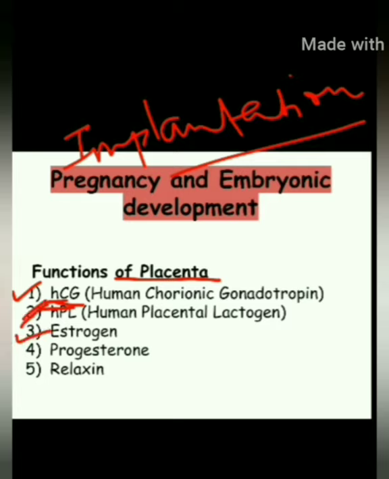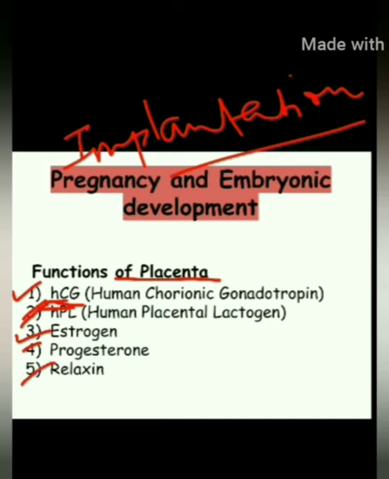The third one is estrogen. The estrogen is responsible for enlargement of the pregnant uterus. When pregnancy occurs, it causes the enlargement of the uterus, ductal growth in the breast, and also growth of the mother's external genitalia. These are all the functions played by estrogen. Now the next is progesterone. Progesterone is actually called the pregnancy hormone. It is responsible for maintaining the pregnancy. How? Because it decreases the contraction of the uterus and causes the growth of the endometrium. Because of this, it ensures the pregnancy.